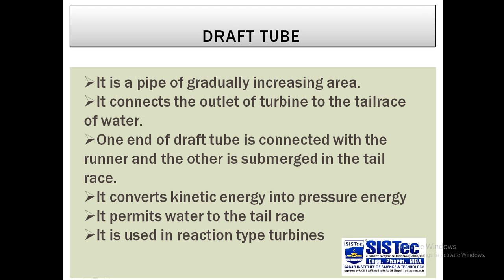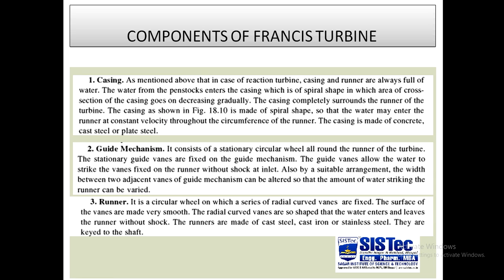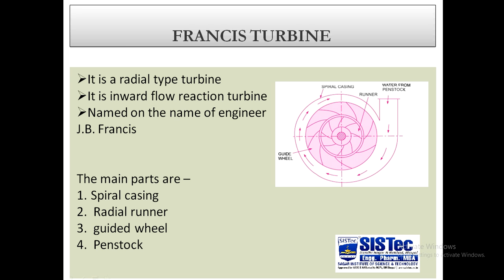Now I will show you the reasons that the pressure is not constant in this turbine. See, in the diagram of this Francis turbine, it is to be observed that the area of the casing, or the tube, is not constant throughout. It means when water comes from the penstock into the spiral casing, the area